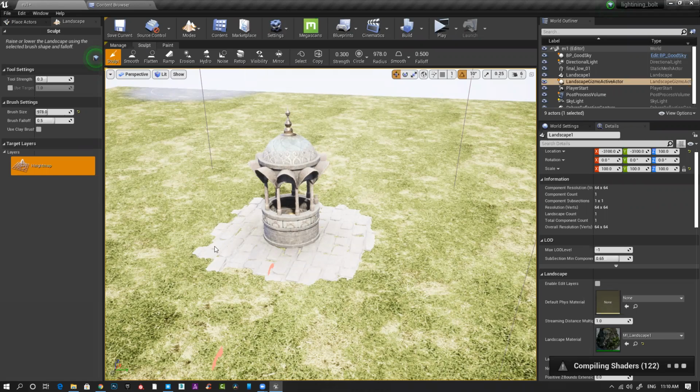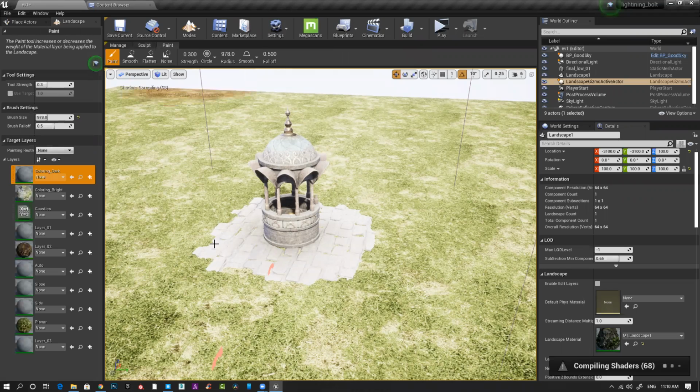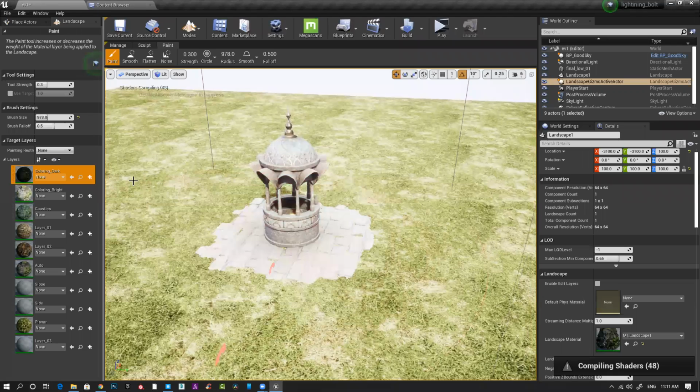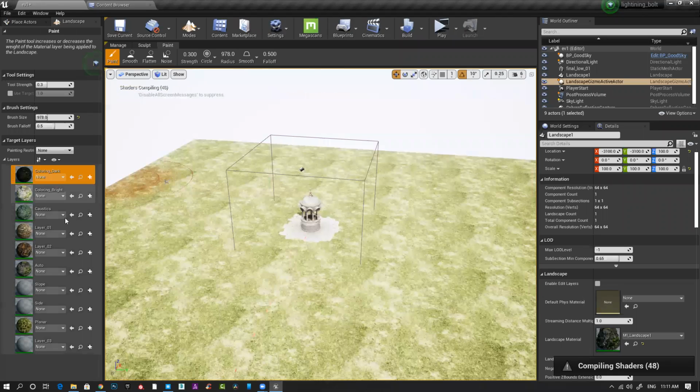Compiling. Just give me a minute. Paint is basically where you paint multiple materials. In this particular material, you have all these materials embedded into it. So if I want, I can paint all these things, right? But before that, you see, we have color, brightness, slope, and so many things, and all these things. So to create,